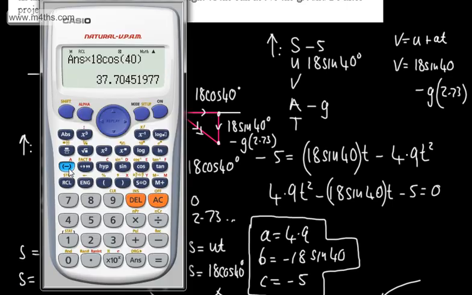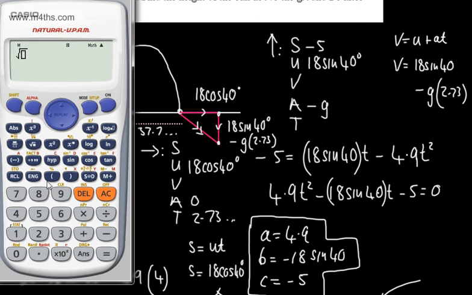If I bring back a, that is a. What I'm going to do is the square root. We're going to have 18 cos 40, so 18 cos of 40 degrees, and we're going to square that. We're going to add to that 18 sine of 40 degrees, then subtract from that g, which is 9.8, multiplied by a, and we're going to square this. That gives me now the root of 422, or